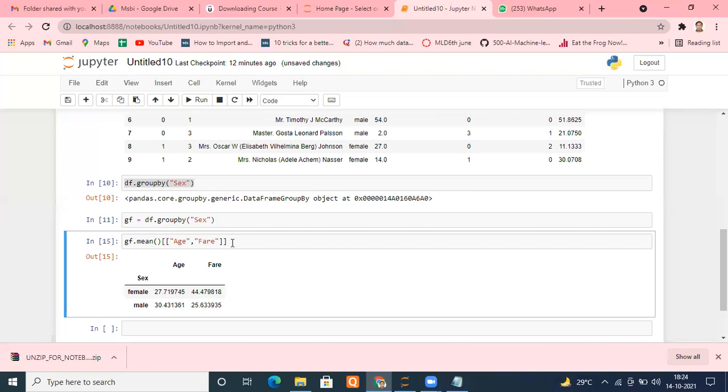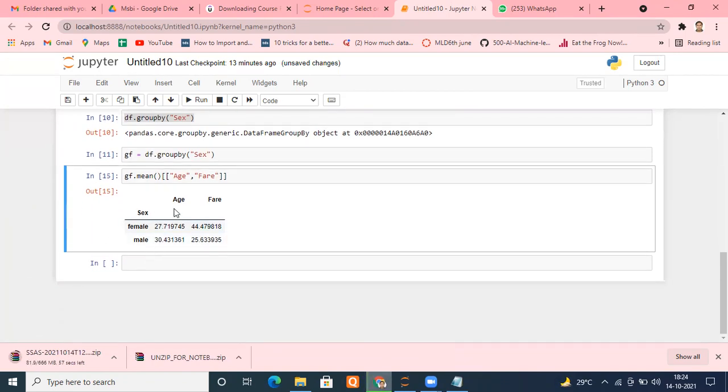Now everyone got an idea what a group by is. Any doubt in this? Please let me know immediately. Please, everyone. Any doubt? No doubt, sir. Okay. Similarly, we can do other things. We have already made this GF our data frame, right?